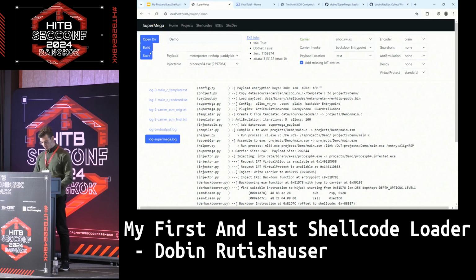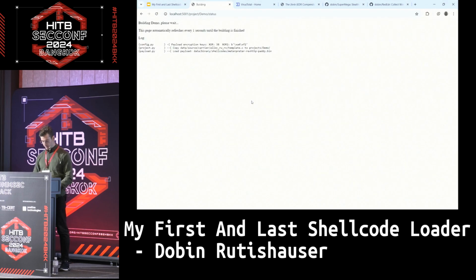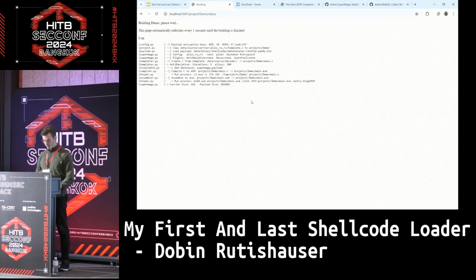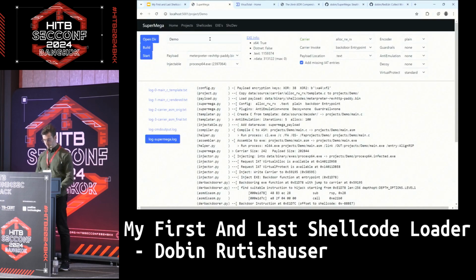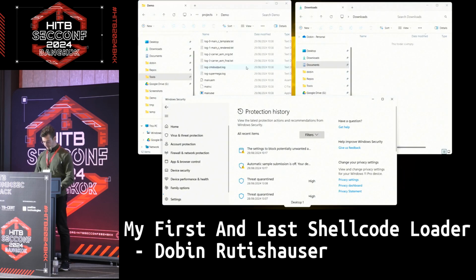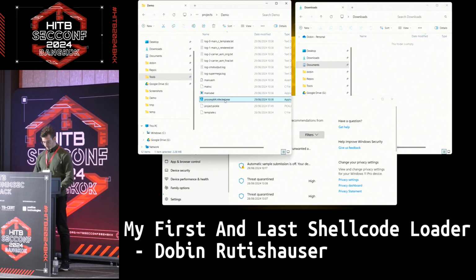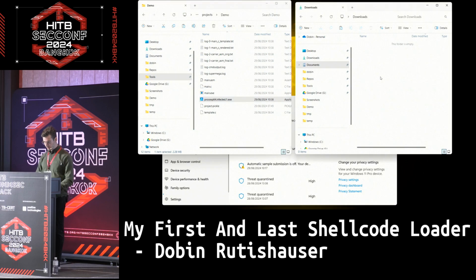Like here, I will show more details about this tool later. I will include the Metasploit shellcode into a loader, basically. So we have the metoperator here. And I have no encryption. I whitelisted this directory where I create the executables, so this is not being detected. I copy it in my downloads folder. And after a few seconds, if